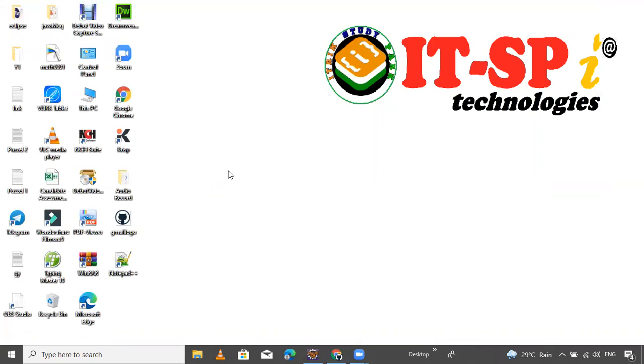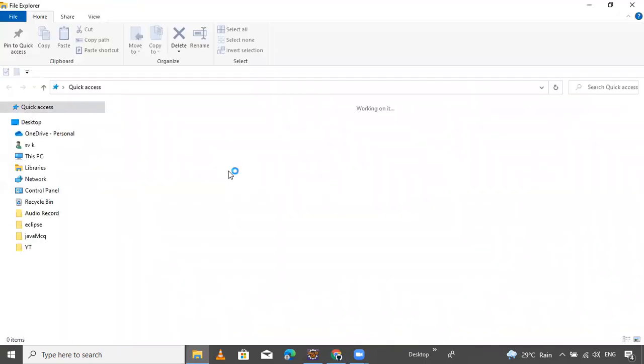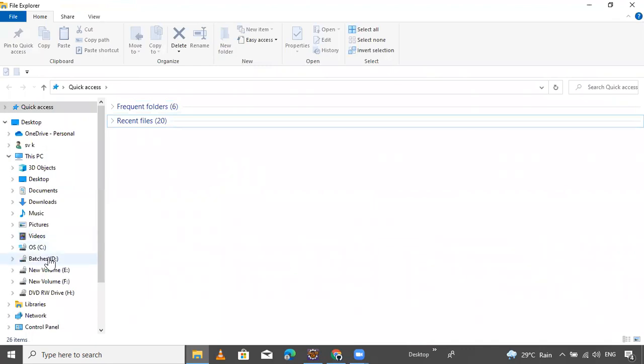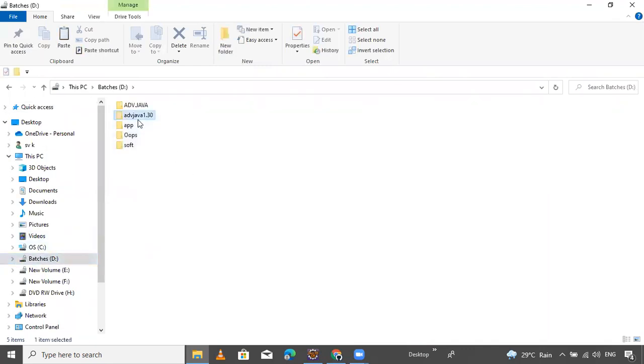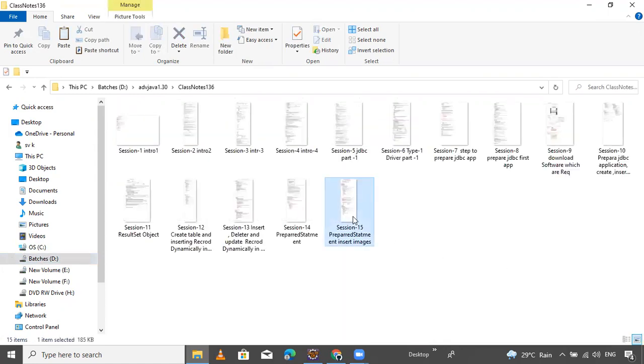Today's discussion is how to retrieve, which means download, the image from the database. If time permits, I will also discuss one more topic, the callable statement, in this session.